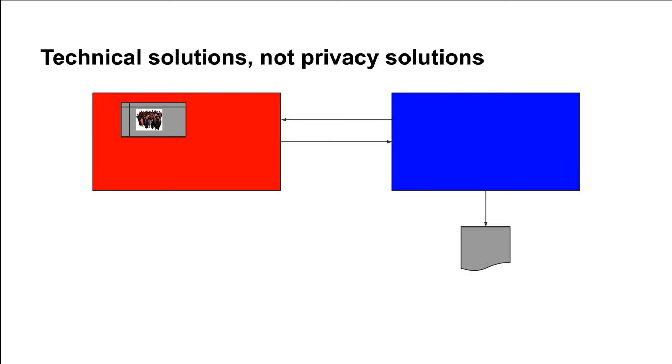And just to expand on one of those points, here's a very technical diagram, just to explain what I mean by the fact that many businesses produce technical solutions rather than privacy solutions. Just imagine now the box in red is an existing system that belongs to your business. Let's imagine that it's a system that's based in HR, and so it knows all about the people that work for our organisation. And the little grey box inside the red box is the database of colleague information. Now let's also imagine that the system in red, the red box, is quite an old system, so we don't want to spend a lot of money and a lot of time updating it.